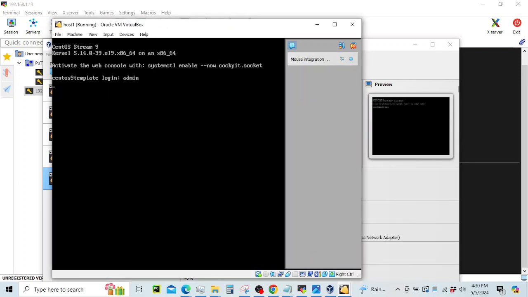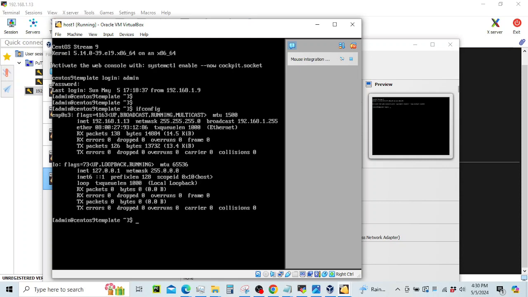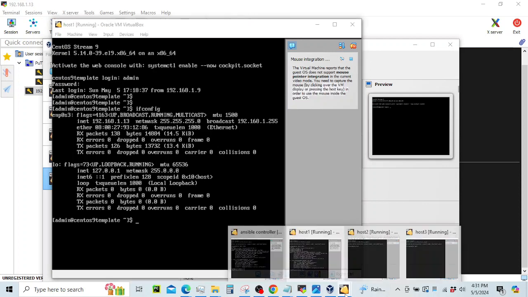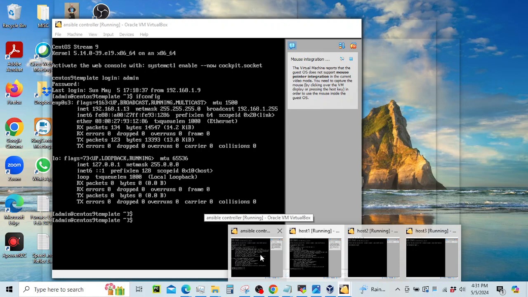Let's log in with admin. And let's do ifconfig. And so this was the problem that I was running into when I was setting this up before. As you can see, we have the same IP address on all of our boxes. So what we can do to fix this, it's pretty simple, is